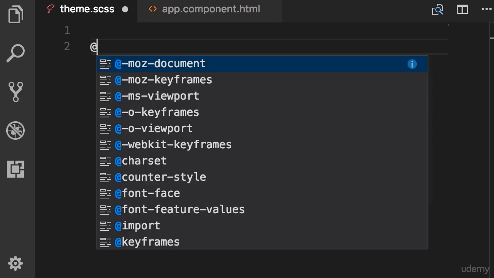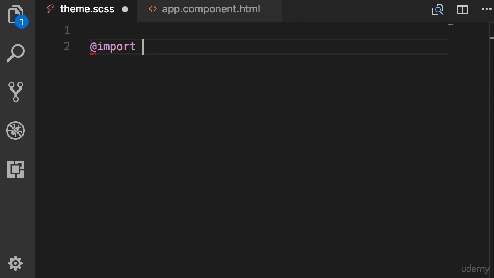So on the top, import. The address of this file relative to the node modules folder is ~angular/material/_theming. Make sure to spell it properly, otherwise it's not going to work. And also, chances are in the future, the Angular material team may change the name of this file as they have done before. So if it doesn't work on your machine, let me show you how to find the path